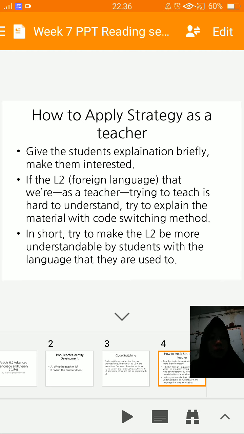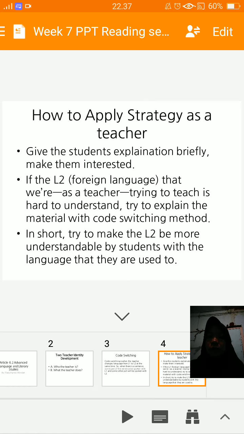In code switching, we mix the mother language with the foreign language that we try to teach to the students. We understand the foreign language, and we try to explain it with the mother language so they can understand